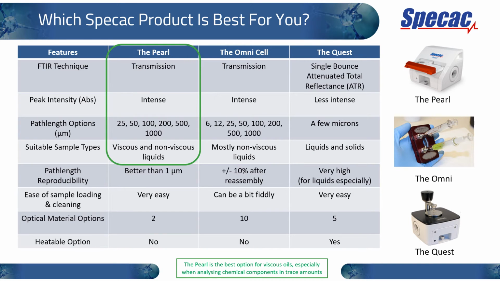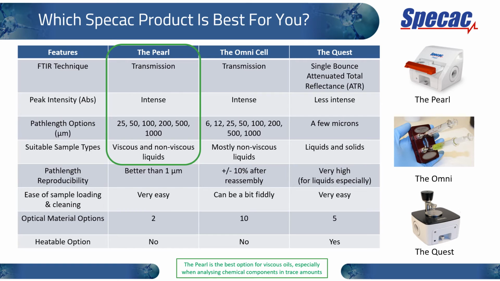We strongly recommend using the Pearl accessory for analysing viscous samples. As you can see here on this table, it uses a transmission technique which gives you intense peak intensities, and so you can pick up trace components very easily. And it does so by using cells with a very large range of path length options from 25 microns to 1000 microns. In terms of path length reproducibility,